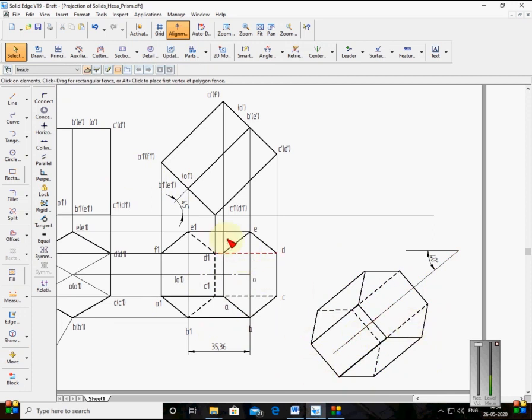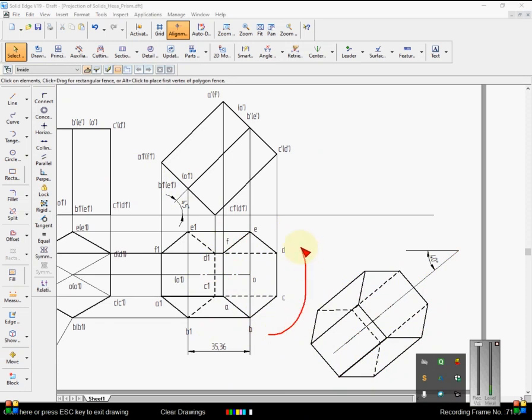Now you know that I'm tilting the figure in this way. See, I've kept this figure here, which means I'm tilting the whole figure. I'll show here. See, I'm tilting the figure in this way. That's why this portion of A, B, C, D, E is coming here. This portion it is. Right? And the A1, B1, F1, this portion it is. I hope you can understand. Okay? So this face is the seen face for this top view. Okay? And some portion is hidden here.